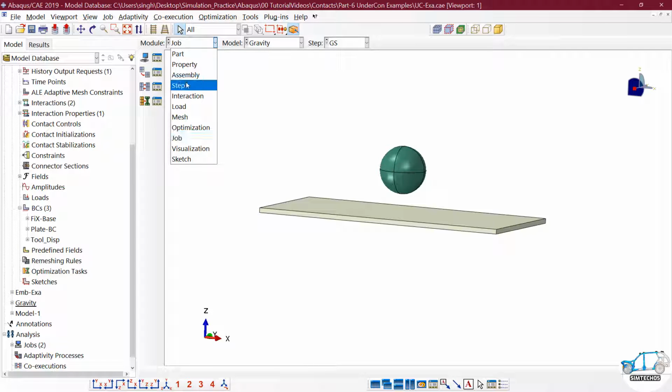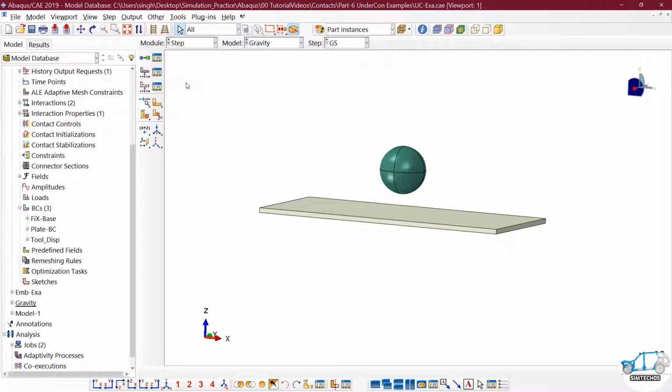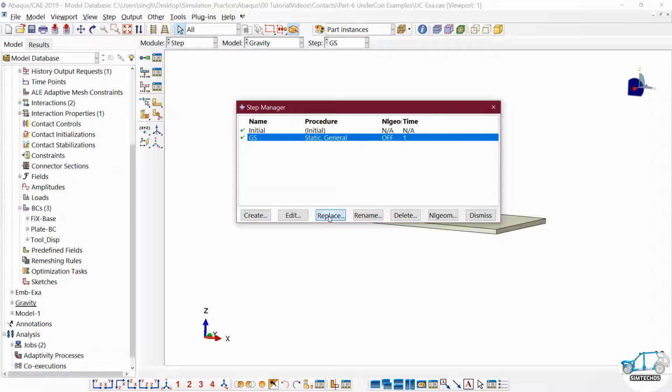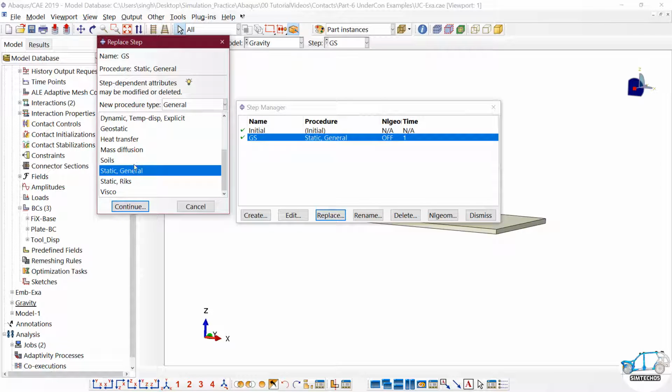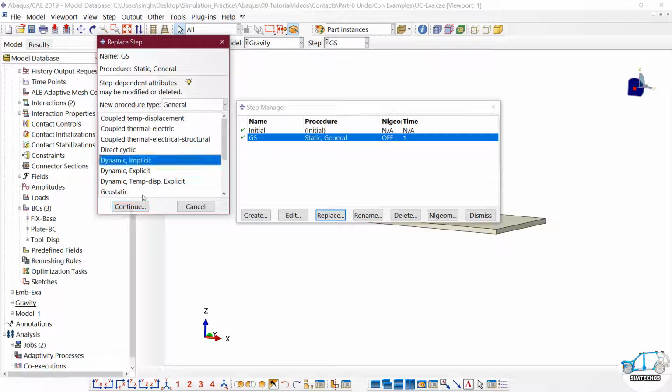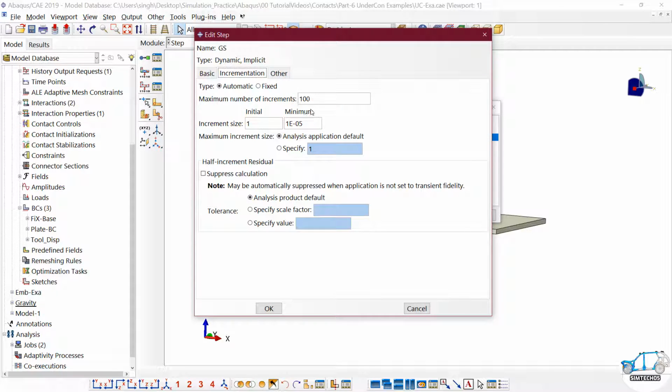Just click on step, replace this particular step with the dynamic implicit step, click on continue. Okay, define the increment. Yeah, the initial increment it is suggesting is 0.1, then the maximum number of increments, and this is the minimum.